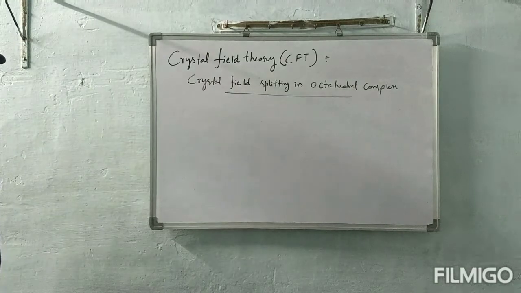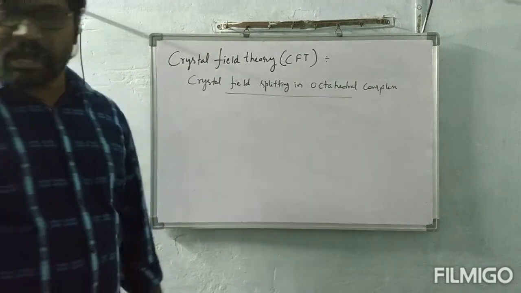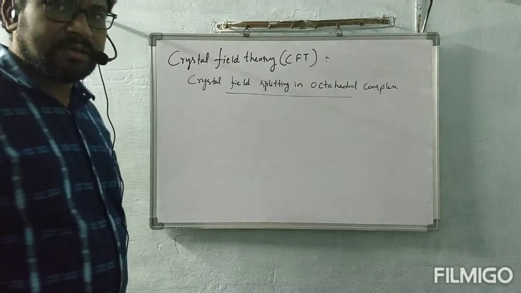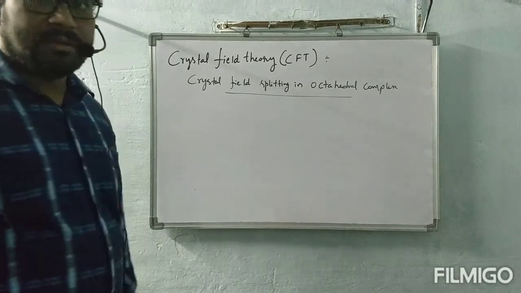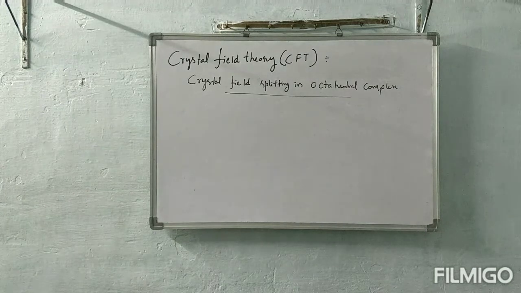Crystal field splitting in octahedral complex. Before that, I would like to explain that octahedral structure first. After that, I will come to the splitting. Before that, my question: what is crystal field splitting? The process of splitting of these 5 degenerate orbitals into 2 sets is called crystal field splitting. Now we are discussing this crystal field splitting in an octahedral complex. Let us see now